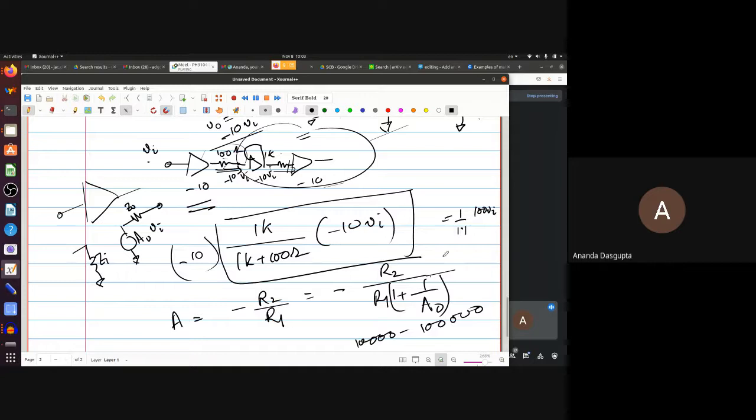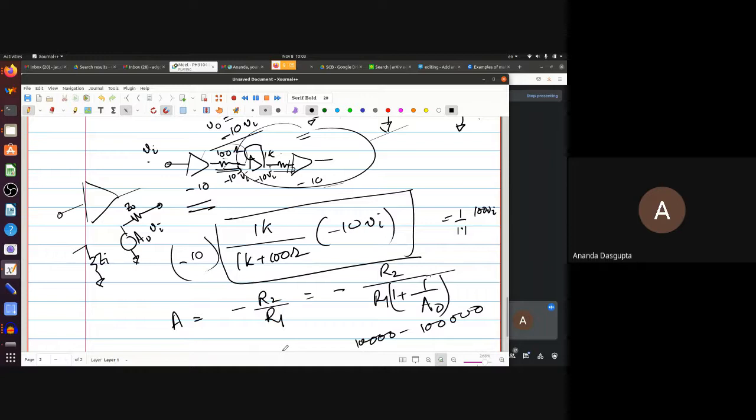But as far as the gain of this circuit is concerned, will that matter much? Note that you get 1 plus 1 by 10,000 or 1 plus 1 by 100,000. This 1 by 10,000 is already so tiny compared to the 1. Whether it changes to 1 by 100,000 doesn't really matter. You get almost exactly the same gain. Okay. So the huge gain, huge though imprecise gain of the op-amp, coupled with negative feedback, ends up giving you